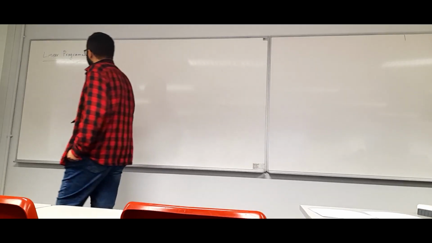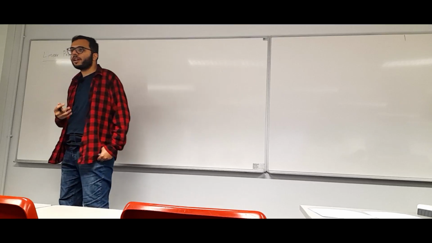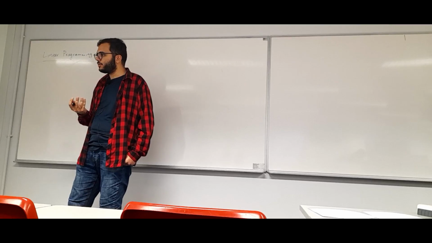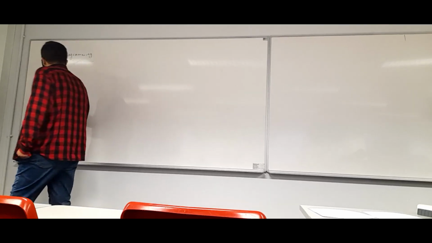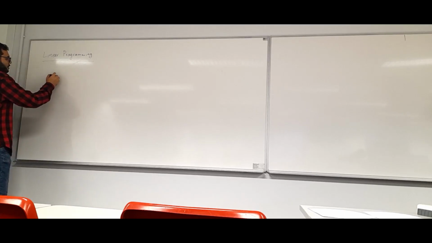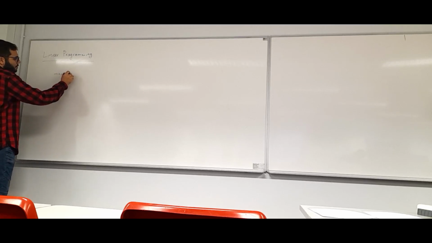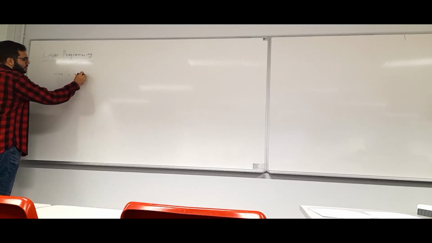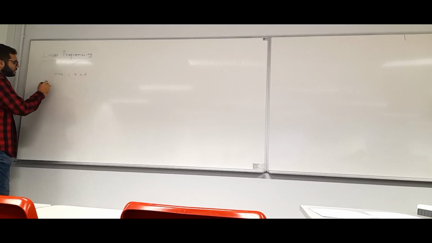So what is linear programming or LP? Well, you just have a bunch of variables, and you can assume that they can take rational values or maybe even real values. And so you want to minimize or maximize something. So let's say you want to maximize some Cx, where x is the vector of all of your variables and c is another vector. So you want to maximize some linear combination of your variables, and sometimes you can also have a constant at the end, it doesn't really matter,